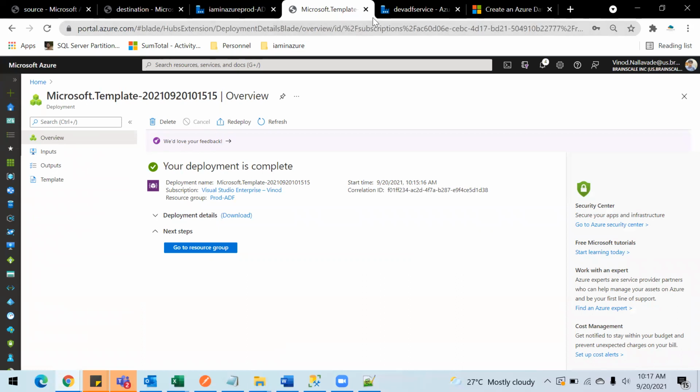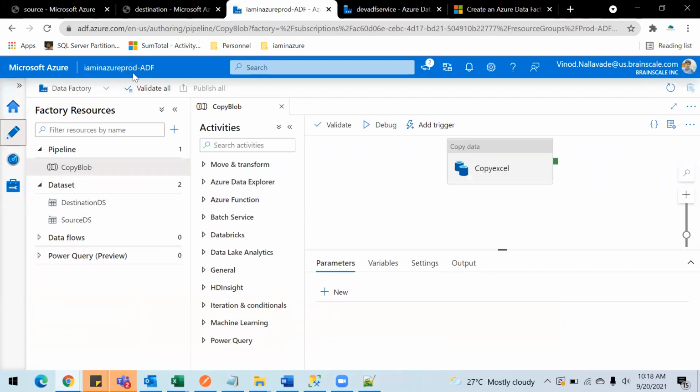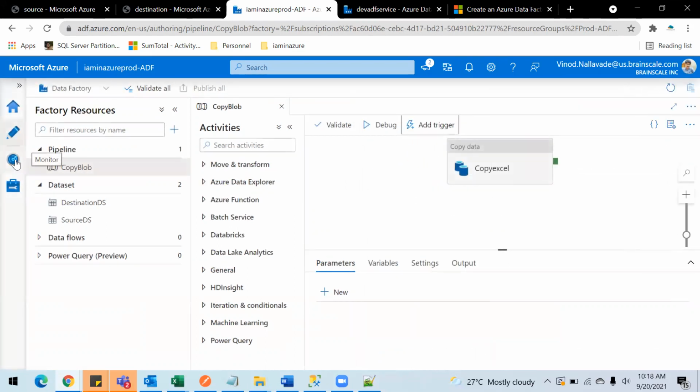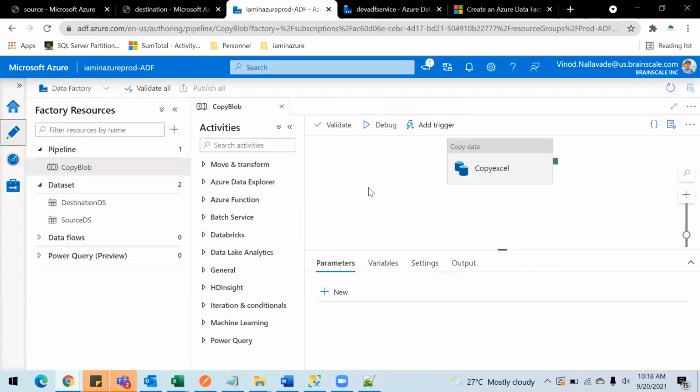Let's close this first. And inside the production pipeline, I'm going to trigger it now. And let's go to the monitor section. Here you will see the running status of your pipeline. Oh, it's still not showing up.